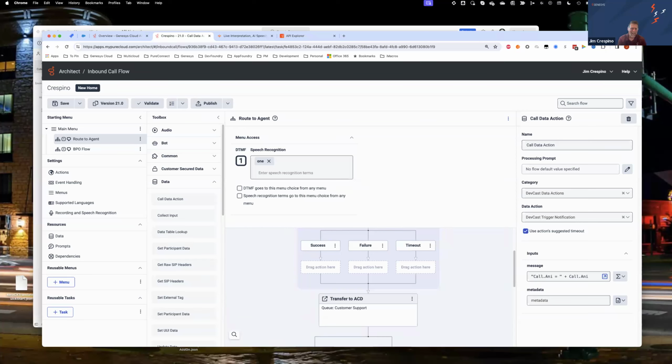Genesys is an API-first platform, and what that means is before we release anything GA, even the UI, we have to have an API for it. So generally, everything we have is public. There are a few APIs that are not exposed, like you can't buy a phone number through the API. Genesys Cloud Voice doesn't have the ability to buy a phone number through the API. There are a few things like that we don't expose, but generally everything you can do in the UI has an